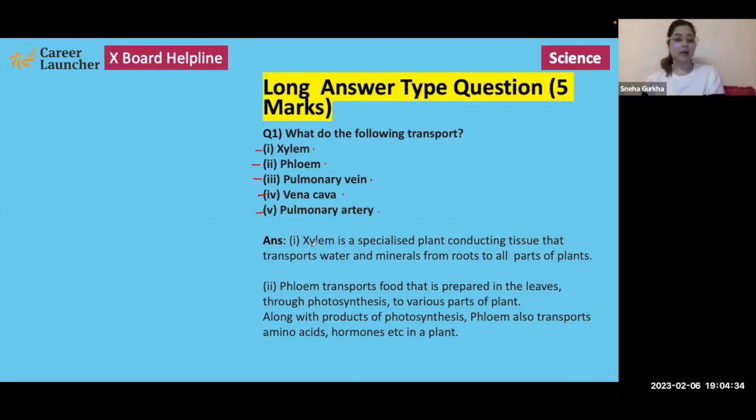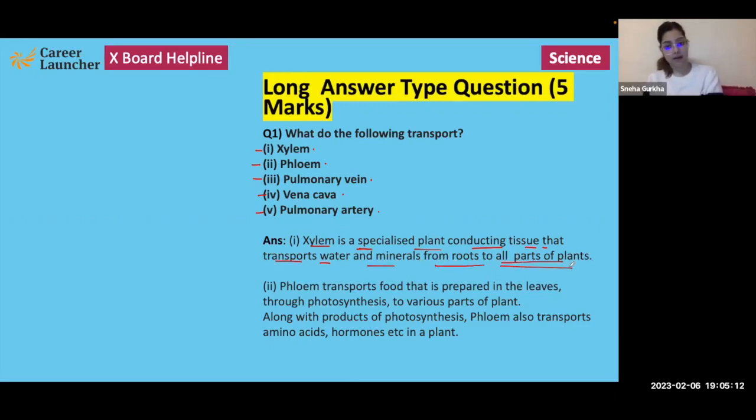So xylem, we know, is a vascular tissue which is concerned with the transportation of water and minerals in plants. Water and minerals are absorbed by the roots of the plant, and from there, with the help of this vascular tissue, they are transported to all the parts of the plant. So xylem is a specialized plant conducting tissue that transports water and minerals from roots to all the parts of